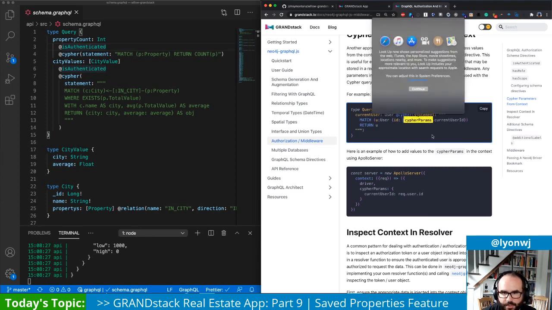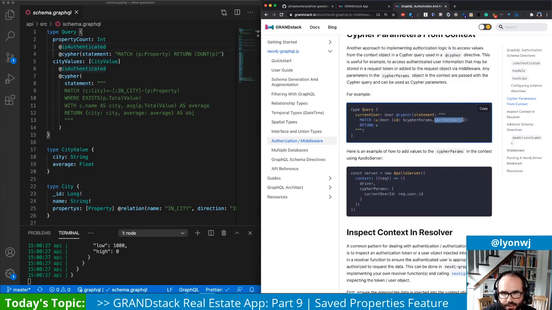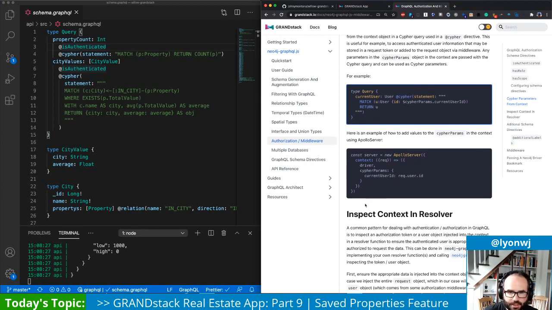So cipherParams.currentUserID, that's the value of the user ID that we're going to match on, and then return. But where's that coming from? Well, if we look at the next bit here, this is where we're spinning up the Apollo server instance. And one of the things we can do when creating the Apollo server instance is specify what populates the context